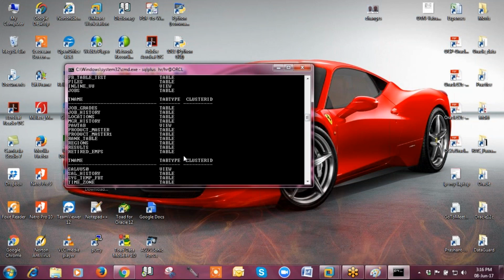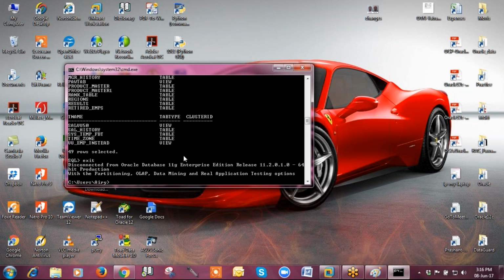How to create the TNS alias, you will come to know in workshop 1. There is brief detail there: how we create a TNS alias and what the purpose of a TNS alias is. You will get all those details in workshop 1, Admin 1. After completing this SQL part, we will jump into Admin 1.